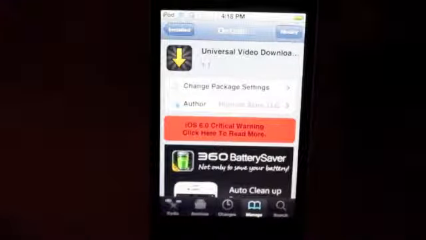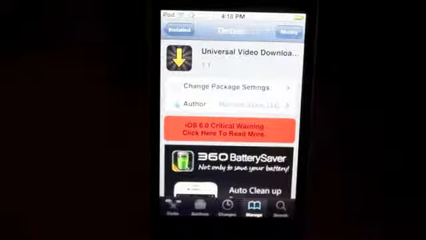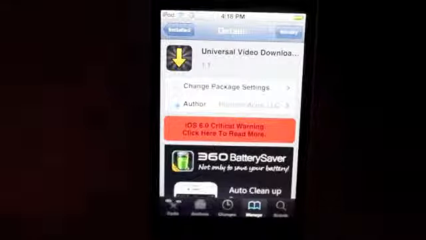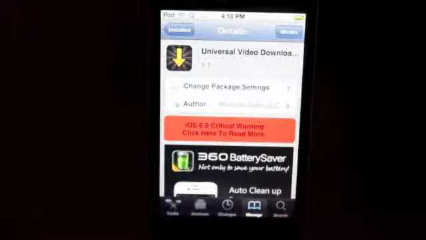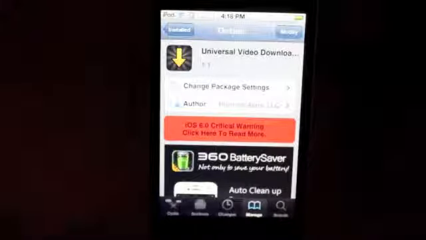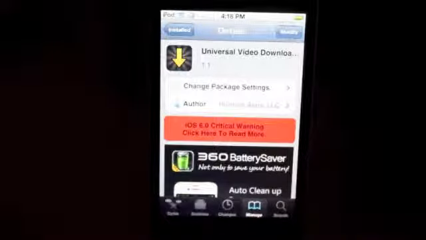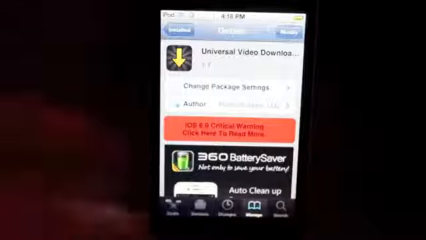Now, I do want to mention it does work with things like Netflix. However, that is violating their terms of use, and they will probably terminate your account. Actually, I don't know what they'll do, but it does violate their terms of use, so don't do it. Anyway, you can take advantage of it in other ways though. So let me show you what it can do.